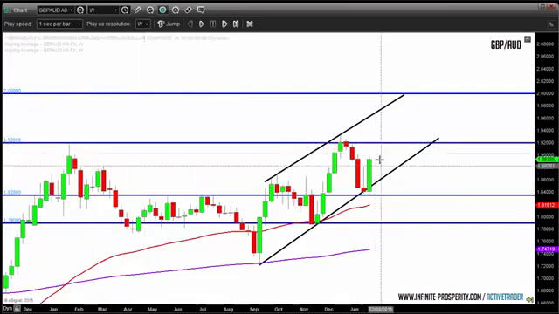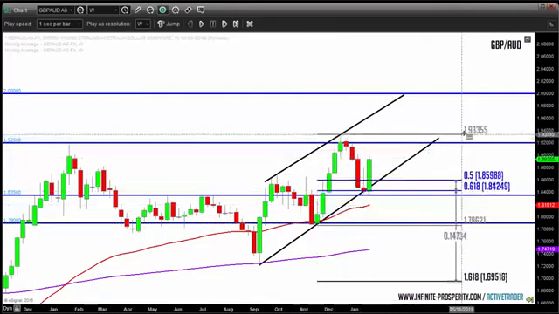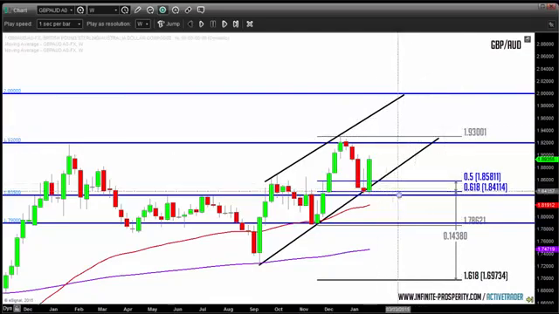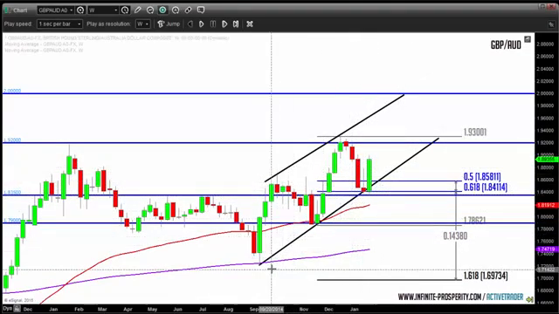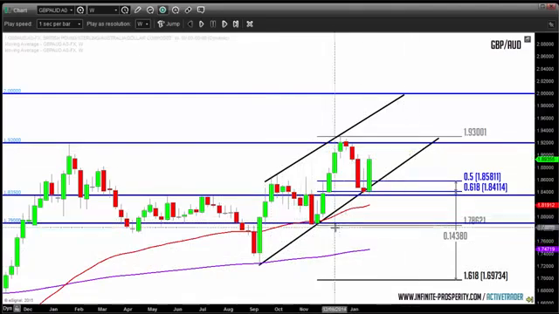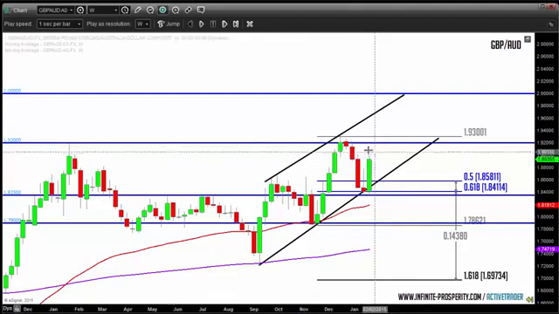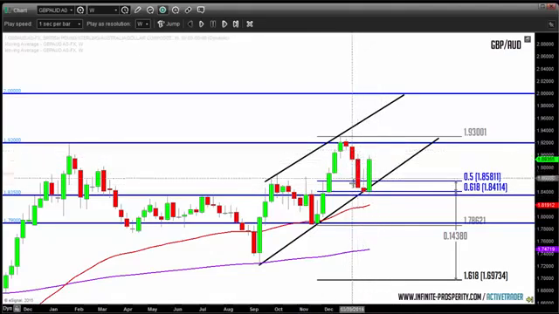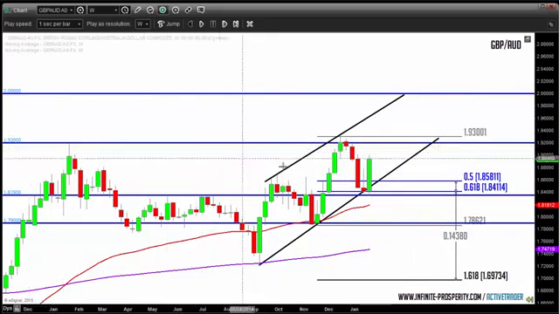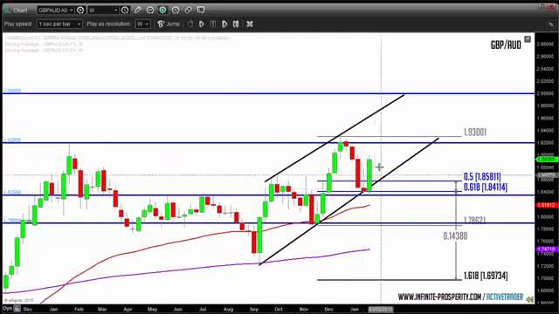However, just due to the fact that we rallied off the 0.618 retracement, the bear trap and inverted hammer was confirmed. We rallied off the bottom of this channel, and we rallied off this trend line as well, the third drive off this trend line. So there was a ton of confluence in terms of the bulls keeping up the momentum and having 1.92 be the next target. So now that I timed my trade on the 4-hour,